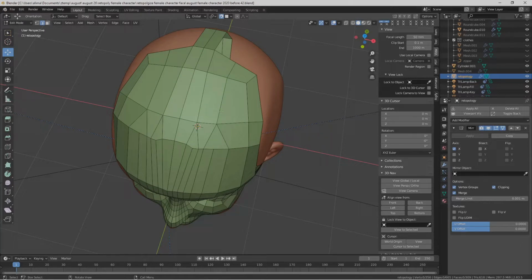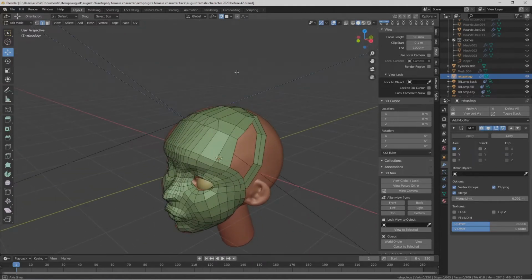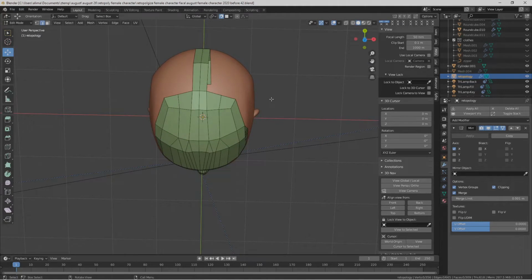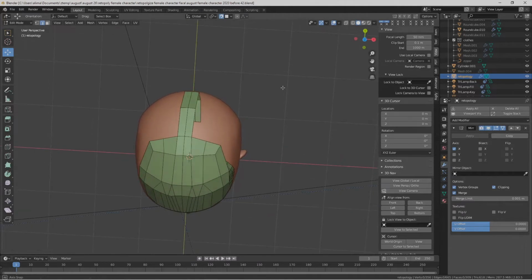Okay, so we've done this to decrease the geometry going down the back of the head. One thing to think about in this area is that at the back of the head, there's not a lot of movement. I mean, for the most part, that's bone. So you want to have nice topology, but I'm saying that so you don't get too caught up. It's not like an area that has more movement. Anyway, I'm going to select here,